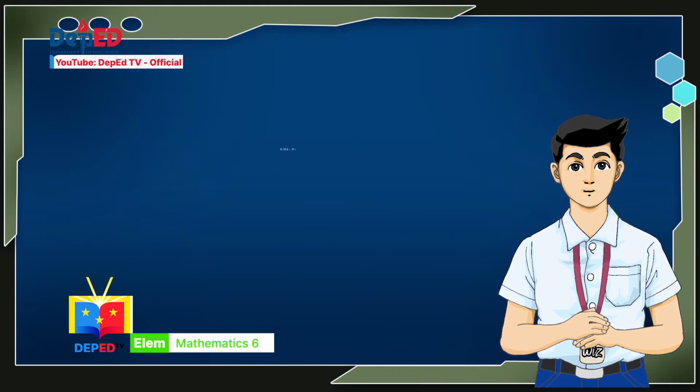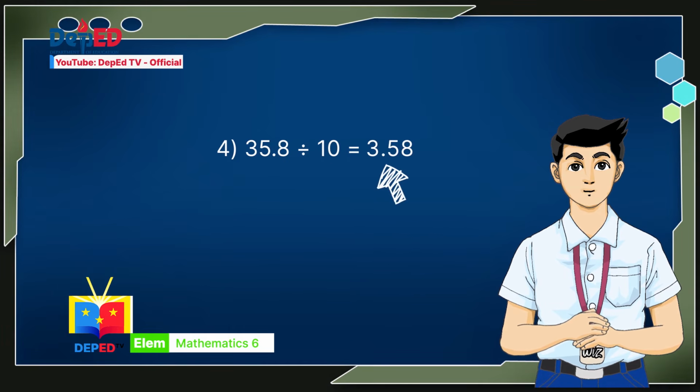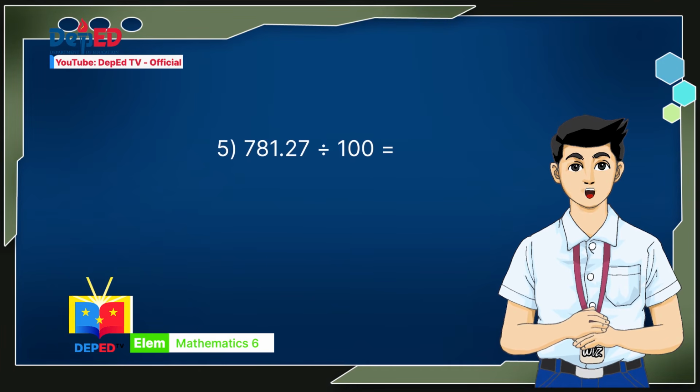For number 4, I moved the decimal point 1 place to the left based off the number of zeros the divisor has. So, 35 and 8/10 divided by 10 equals 3 and 58 hundredths. For number 5, I move the decimal point 2 places to the left based off the number of zeros the divisor has. So, 781 and 27 hundredths divided by 100 equals 7 and